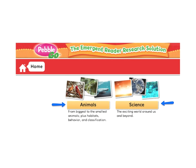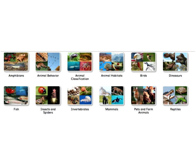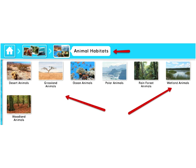So this one again is, as you can see when you go to the home page, it's divided into animals and science, and when you click on animals, then you've got different options and more options here, and then again you click the next option,